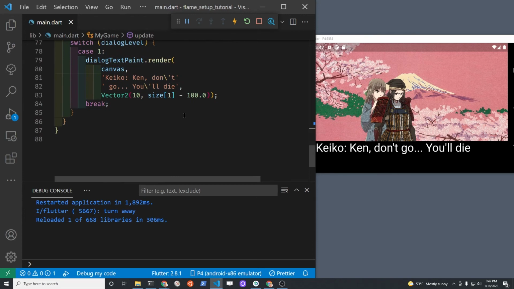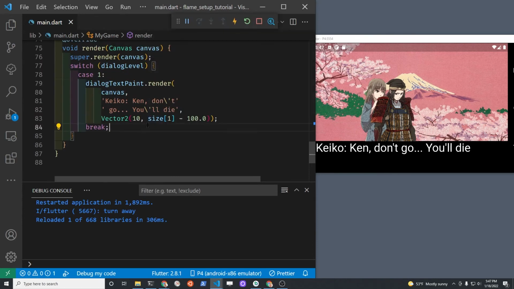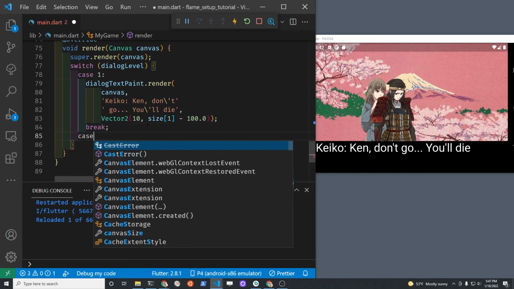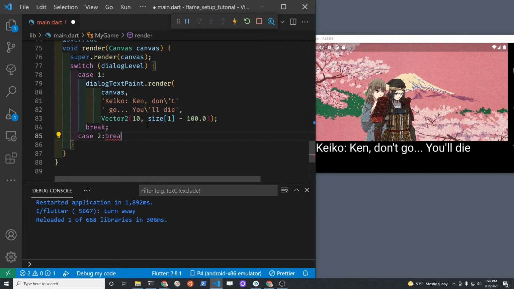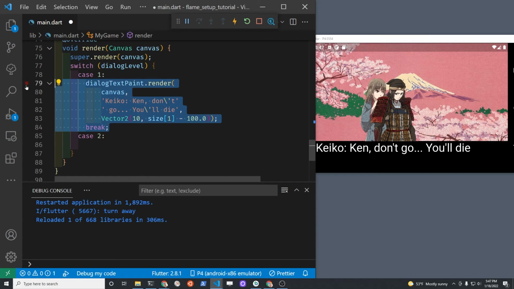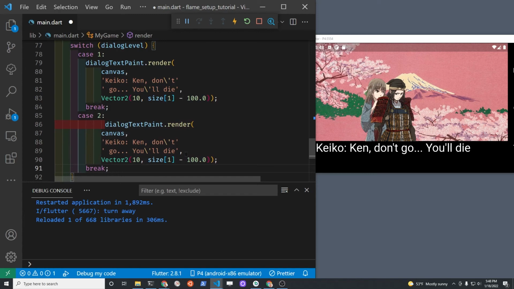So to get Ken's response in there, we'll just set up case 2. Let's copy case 1 first and drop it in, and then we'll just change it into case 2. So initially it's case 2 colon, and then we'll copy case 1, which is Keiko's initial piece of text, and we'll change the string so that it's Ken talking. So we'll go Ken colon, and he's going to say he needs to go because that's his role in the